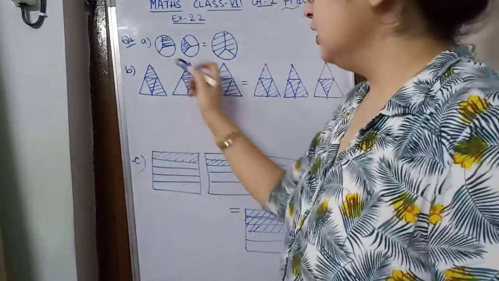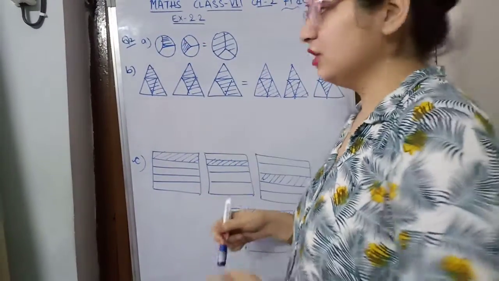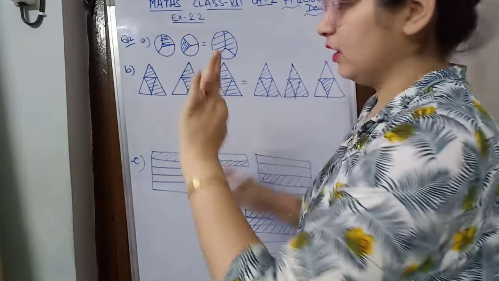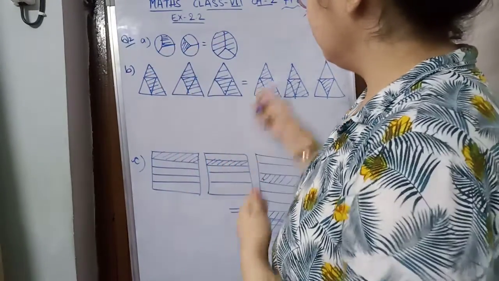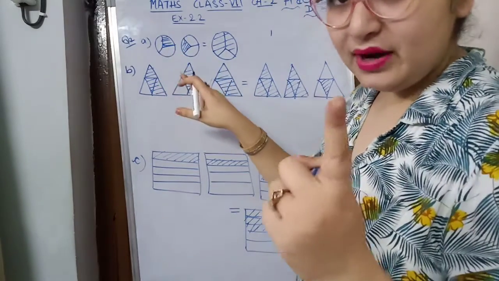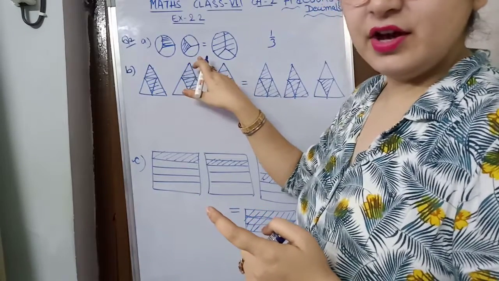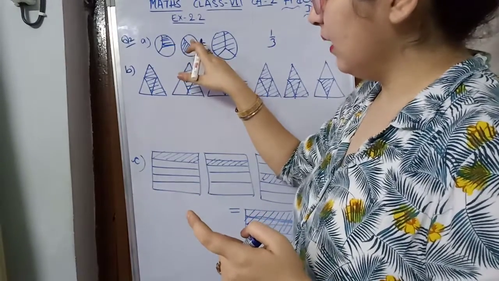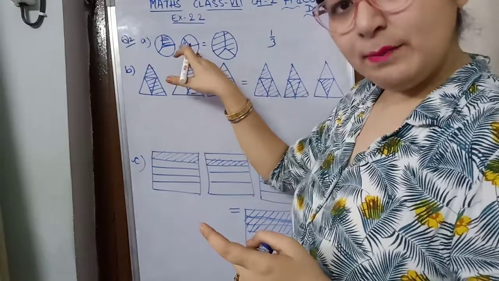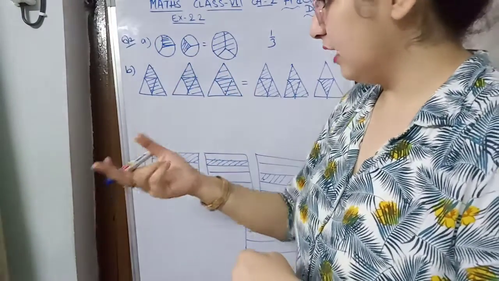Okay, so see this figure, in how many parts is this figure divided? First circle is divided into 3 parts, first, second and third. So we will write it as 1, and out of 3 one part is shaded, so 1 upon 3 is the fraction. And this figure is divided again into how many parts? 3 parts, and one part out of 3 is shaded. So remember the question number 1 what we have studied right now.